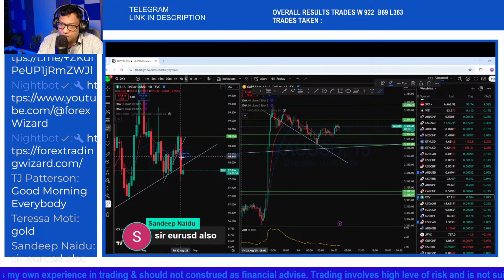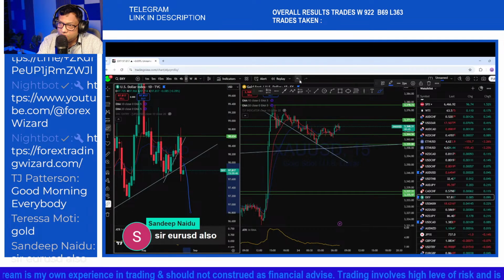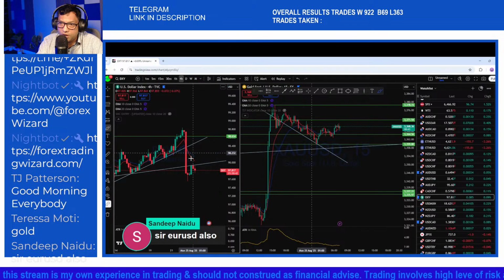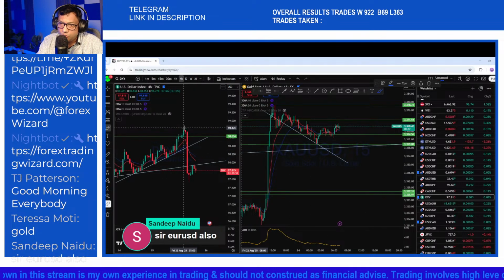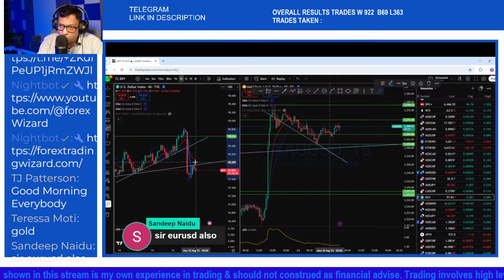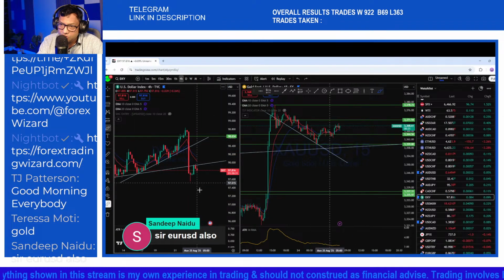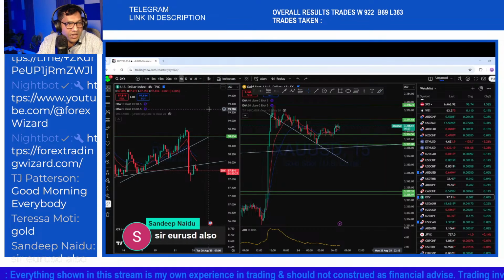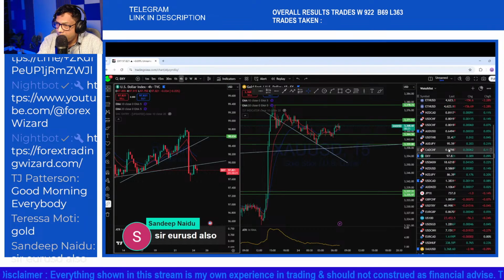We saw the 10 and 20 cross over each other, and if you look at the intraday on DXY, we can see there's a big drop here, then a pullback, and the market may remain bearish on DXY so far. And if the market remains bearish on DXY, we could see euro dollar